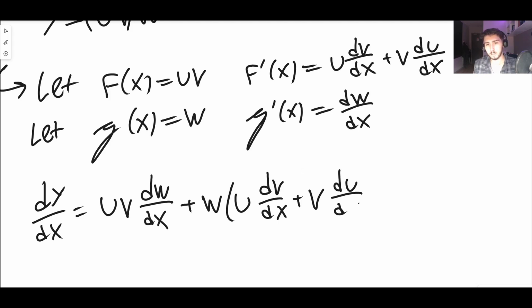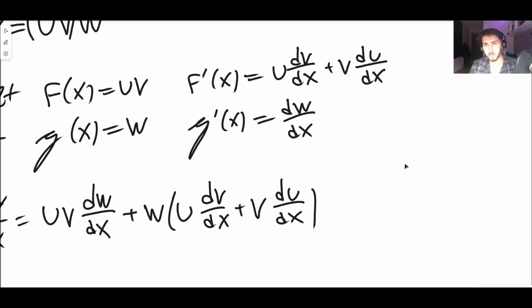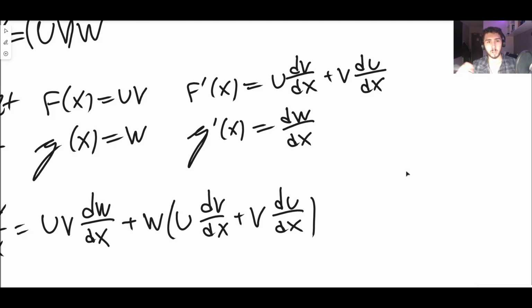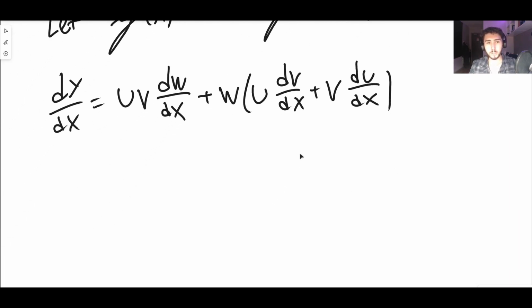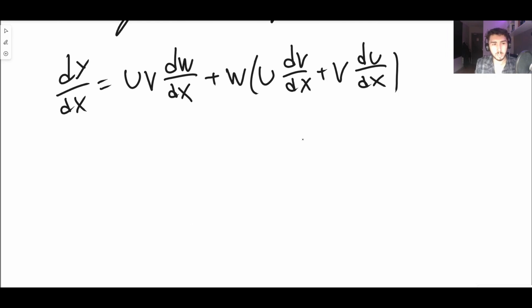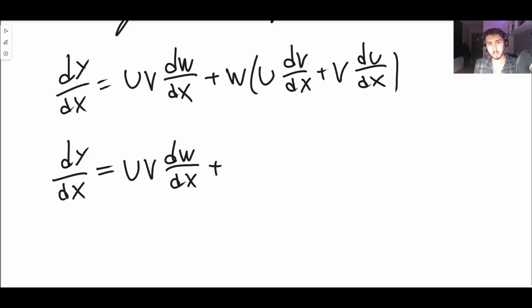I'm not sure if my head is in the way, so I'm just going to move slightly over so you can see that. So it's g of x times f prime of x. This is literally the normal product rule, but just generalizing, pretending that one of the functions is not a product, but it actually is a product. As a result, we get u v dw dx plus, and then if we expand this out